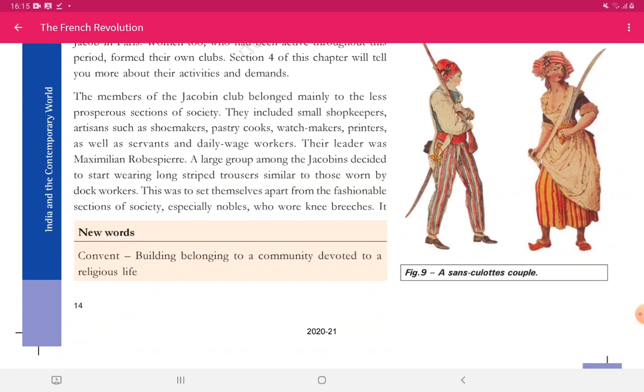Their leader was Maximilien Robespierre. Now this is a very important question: who was their leader, and what were his further policies which led to his ultimate death? A large group